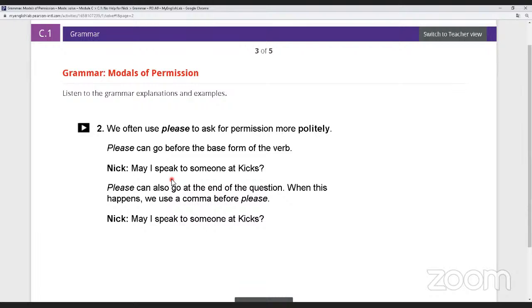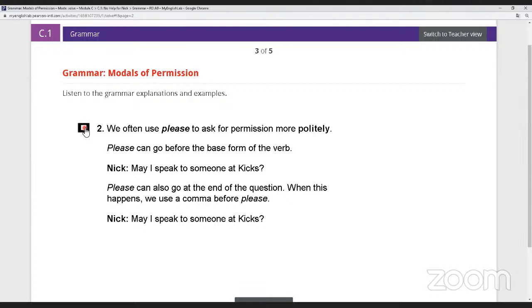The other day I was looking for some comments on Facebook, and I was looking for this word, please. It is very common, right? I was looking for some requests, and the use of please is very common. So we often use please. We can apply it to other modals, not only for permission, but it always goes in the middle. So let's listen to the second audio.